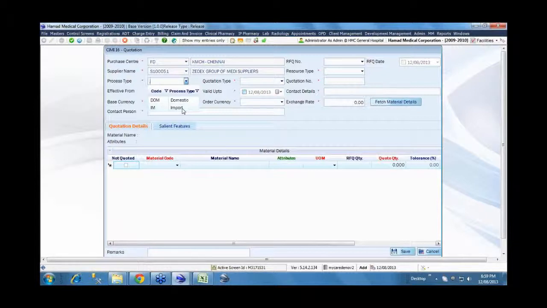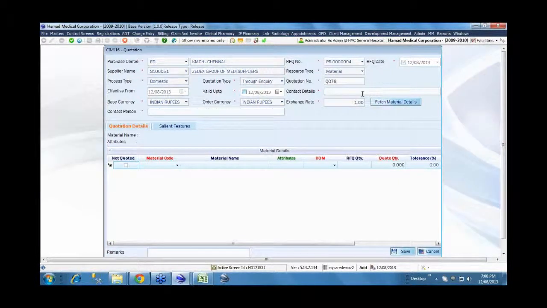This is what we call the quotation bank. We don't need a particular item now, but since a supplier has walked into the department and given a quotation, we can capture it here under the direct quotation category and store it in the system as part of the quotation bank.